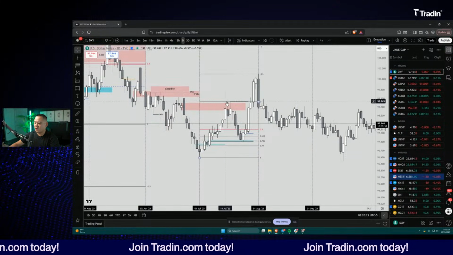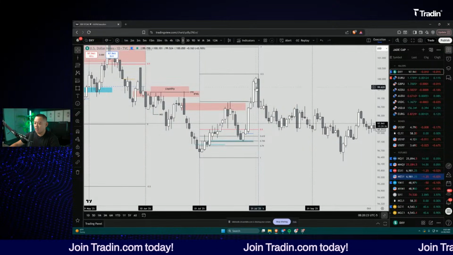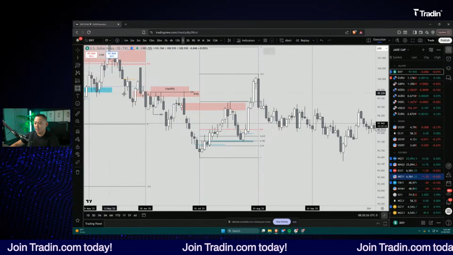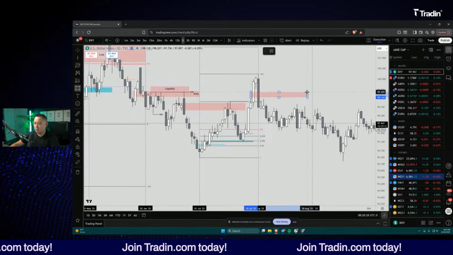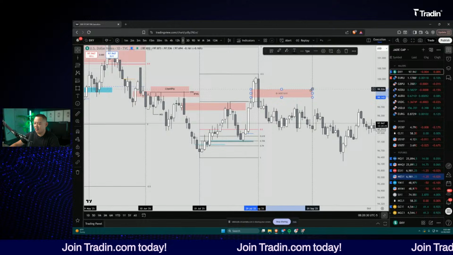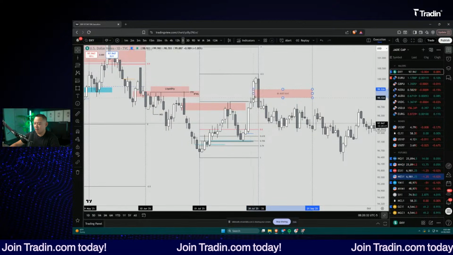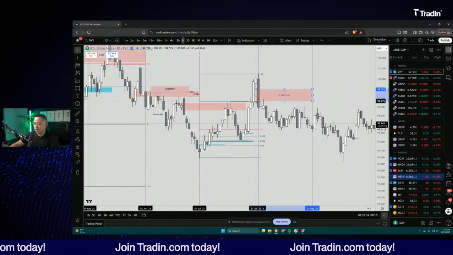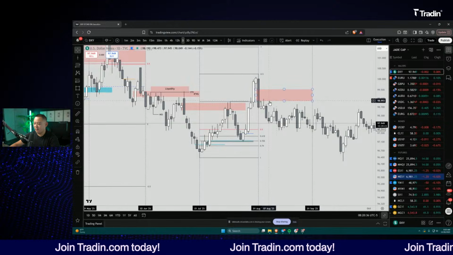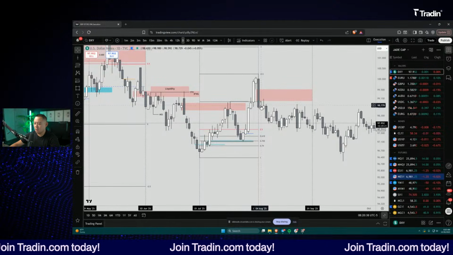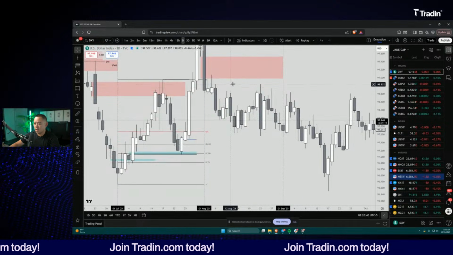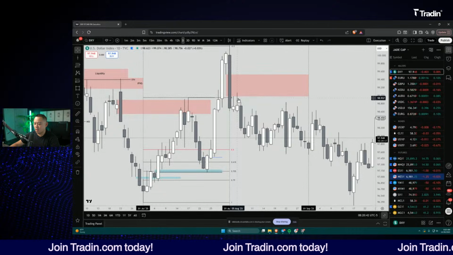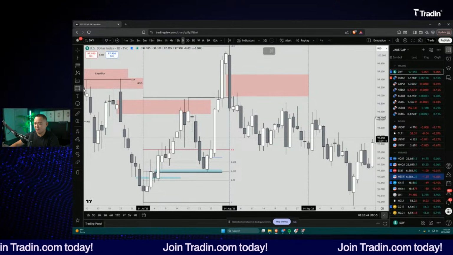So we have this run on the short-term liquidity, and then we get another breakdown, right? Taking out this bullish fair value gap, and creating another fair value gap here. We have a balanced price range. So we have this bearish fair value gap appearing on the first. We have another couple days where it trades higher into the fair value gap and then trades lower again. And then we have another fair value gap that appears here.